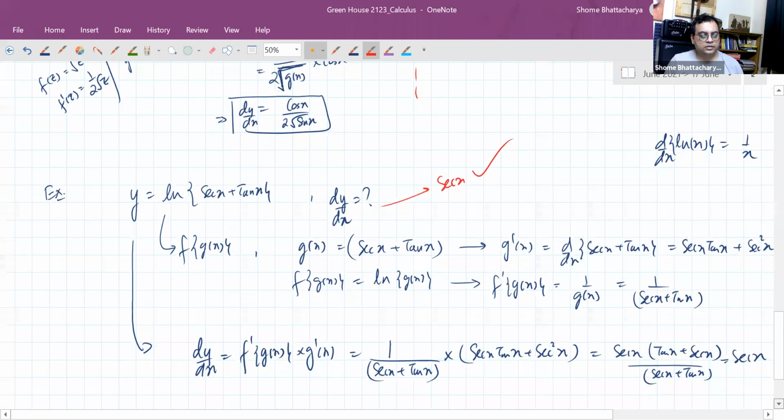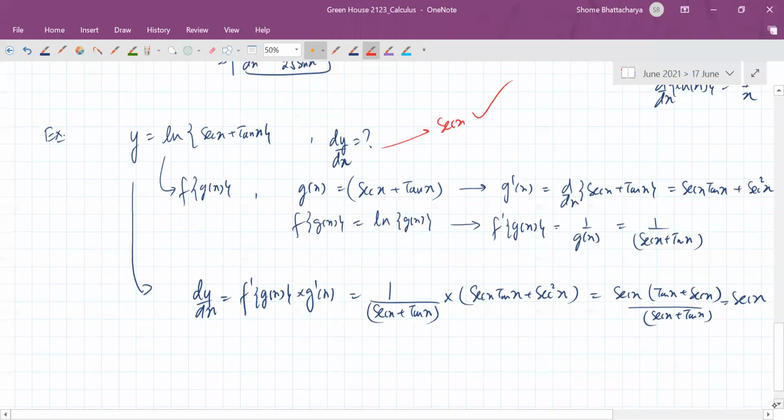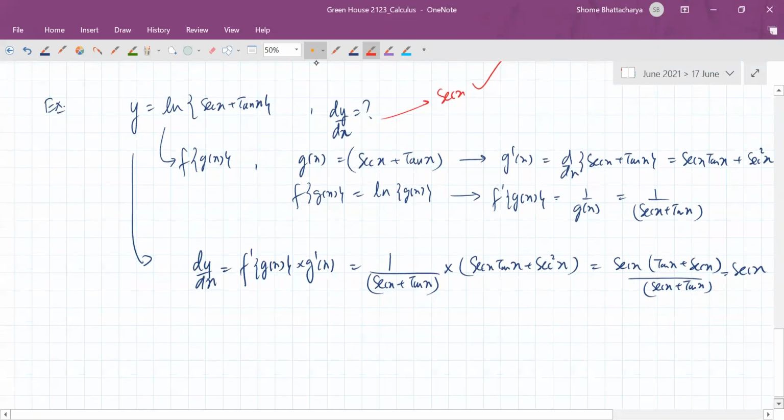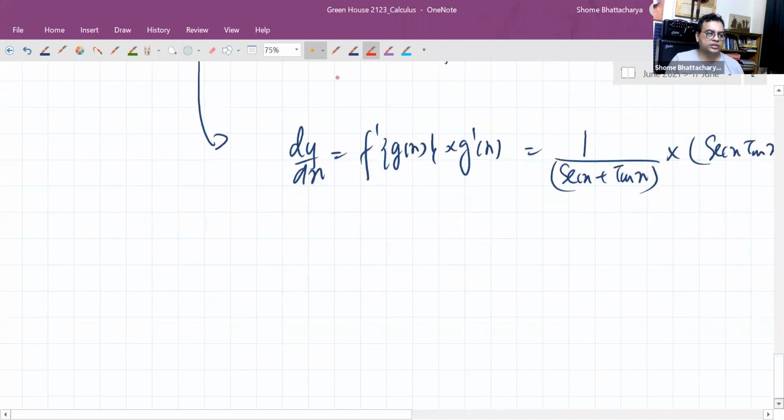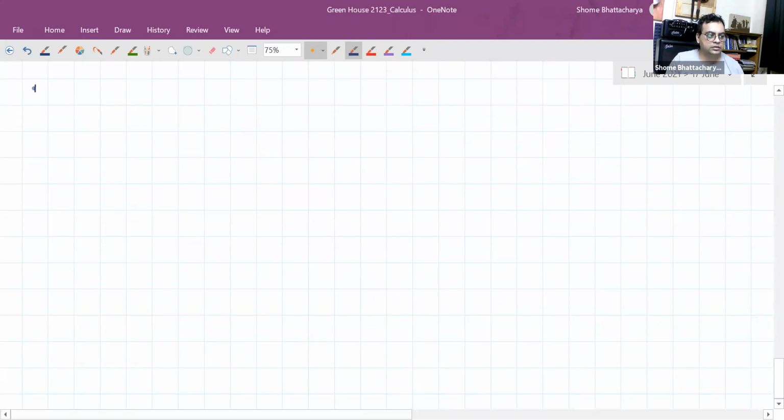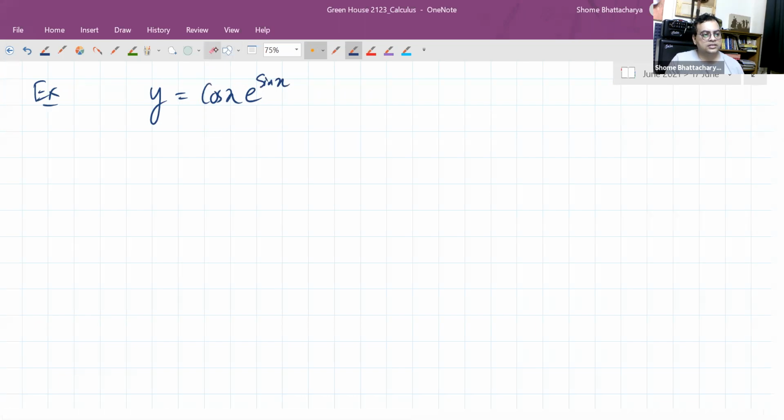Okay, so hope this question is also clear. Okay, now next we move on to slightly next level of question, where we have to use more than one technique in differentiation in the same question. So for example, we have a question, y is equal to, let us say, cos x into e raised power sin x. Okay. You can see it's a product of two functions, and not only that, one of the functions that we have taken the product, e raised power sin x, is a composite function. So you can observe that